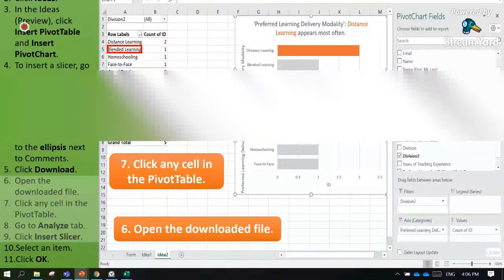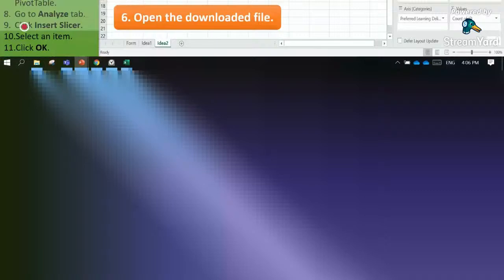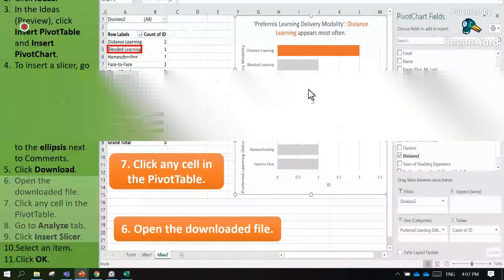The Analyze tab will not appear if you do not do the seventh step, wherein you click any cell in the pivot table. So you have to click any cell in the pivot table for the Analyze tab to appear at the top, and go to the Analyze tab.